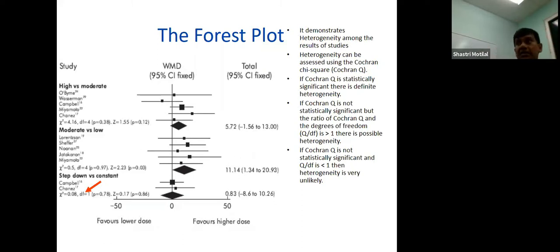The question you might ask as well is, if there is heterogeneity, why did they do it in the first place? In this case, you know, the p is 0.78. No. So it means the studies were similar. So you see, it matches with our visual look, right? Because when we look at it, most study confidence intervals overlap. So the way I could figure it out is probably the opposite of the way I phrased it just now.